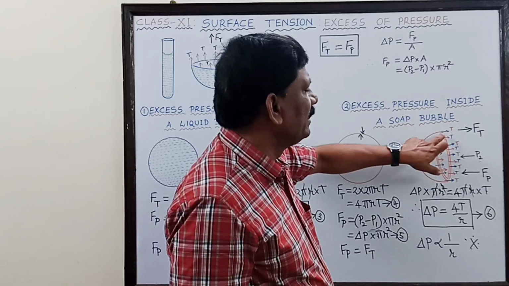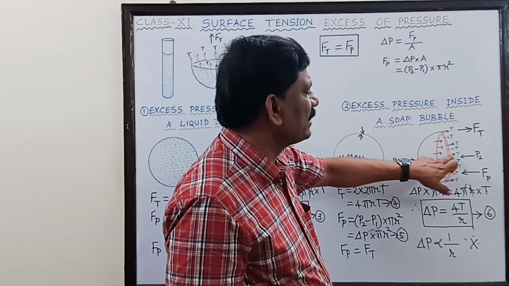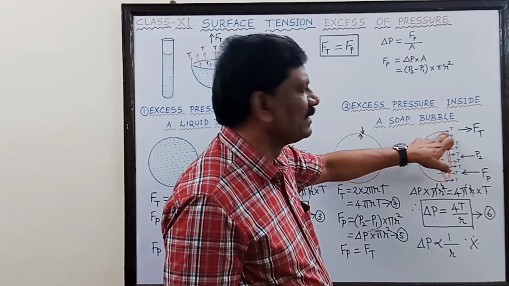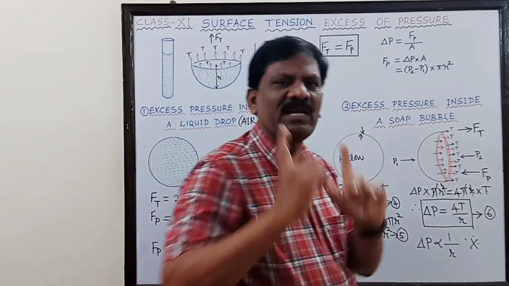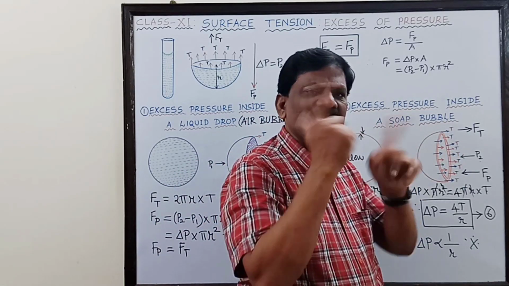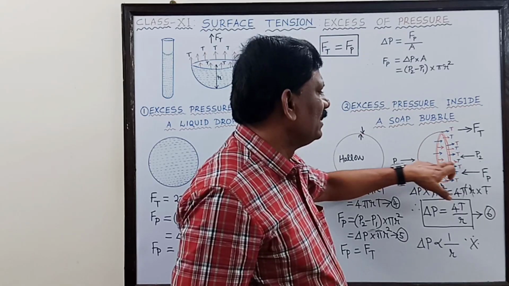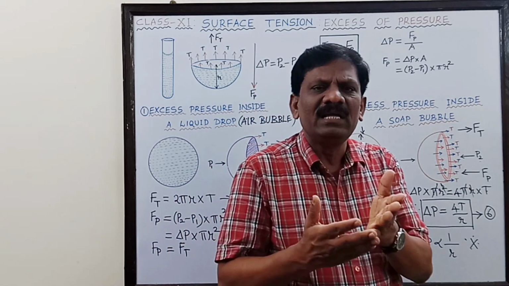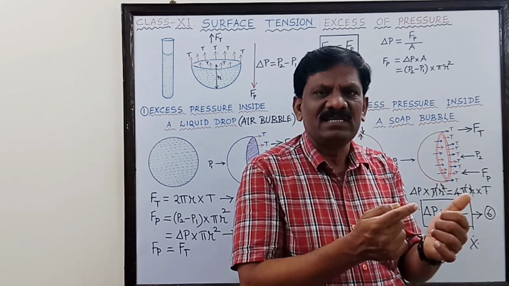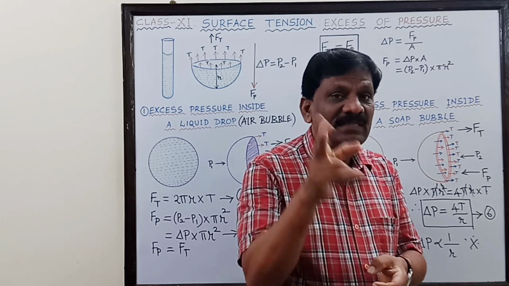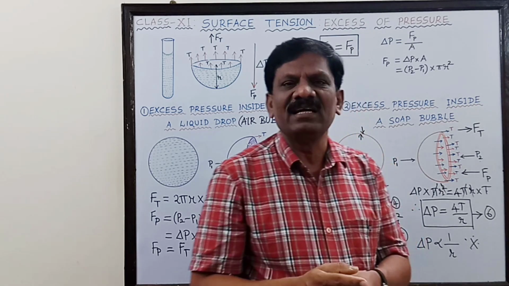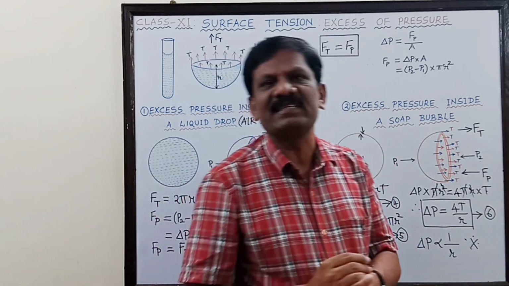So here you can see these blue color arrow marks. These are all the force due to surface tension acting on the outer sphere, tangential to the outer sphere. And these red color arrow marks are all tangential to the inner surface. Okay. So in this case, since there are two free surfaces,